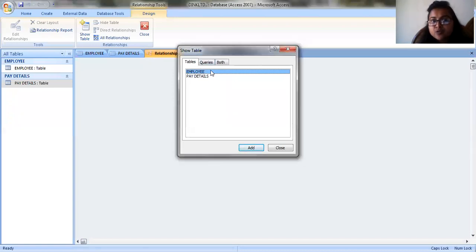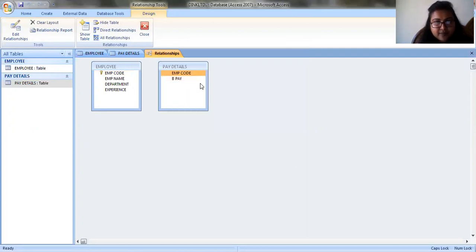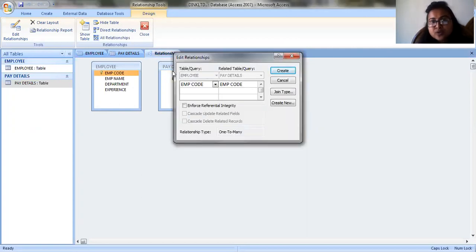So you require 2 tables in order to have a relationship. I'll add this employee table and I'll add the pay details table. Close this. I'll drag this primary key to the pay details table employee code. Just look carefully and then release it. A dialog box of relationship will open.